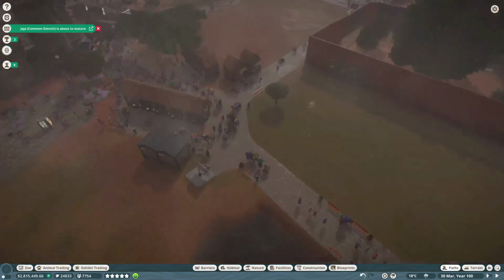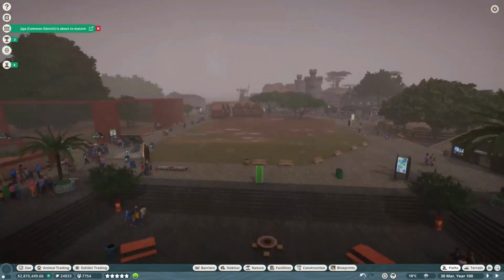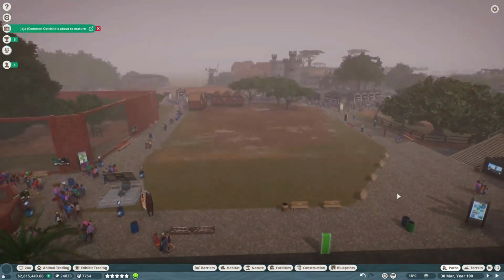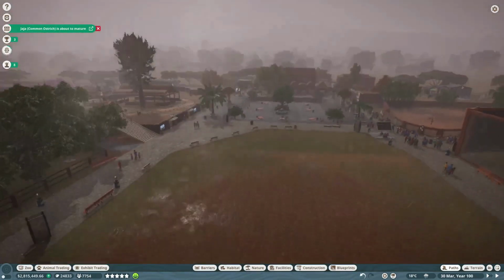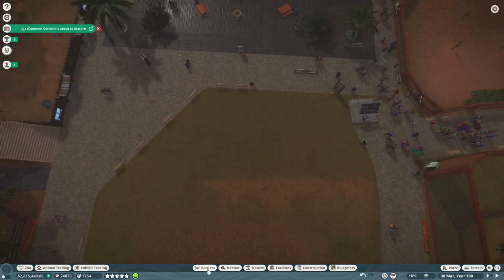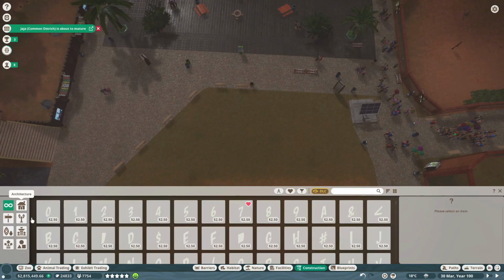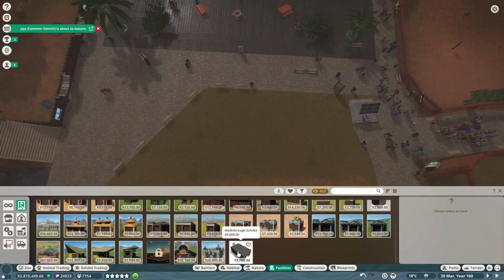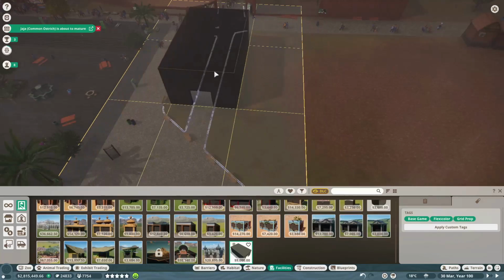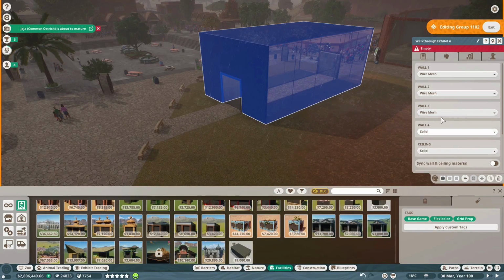Or I could even move the butterflies to back here. That could be a good idea. Or maybe butterflies right here in the beginning, like right toward the entrance. Alright, so let's think about that. So if we're gonna have butterflies, I want it to be this big one here. So I don't want solid. What if we had wire mesh walls all the way around? Kind of like so you could see through,